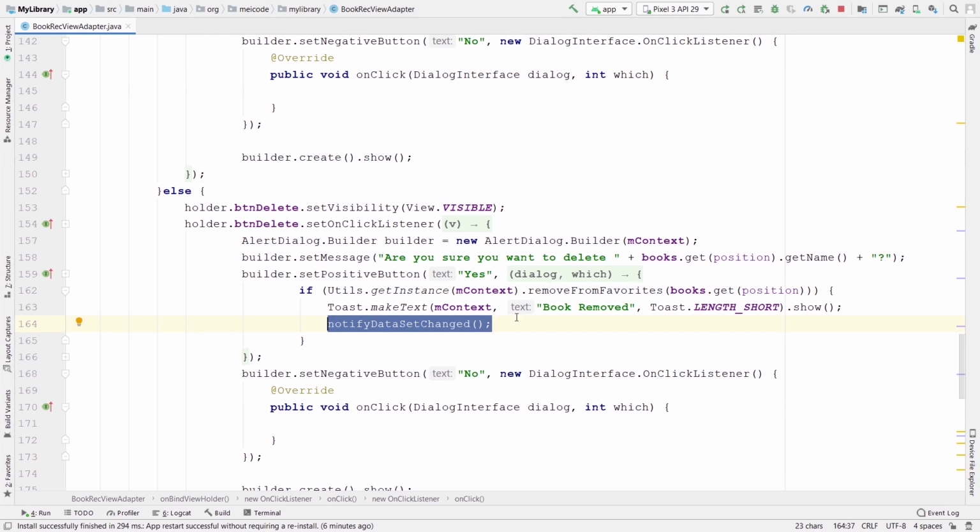We can fix this. We can create a callback interface and create a communication between this part of our application, between this onClick method, and for example, favorite books activity. We can implement that callback interface inside the favorite books activity so that whenever we remove some book inside this onClick method, we update the list of our books. But I'm not going to do that in here because we haven't talked about callback interfaces yet. If you want, as a challenge for later videos, you can come back to this video and fix this problem